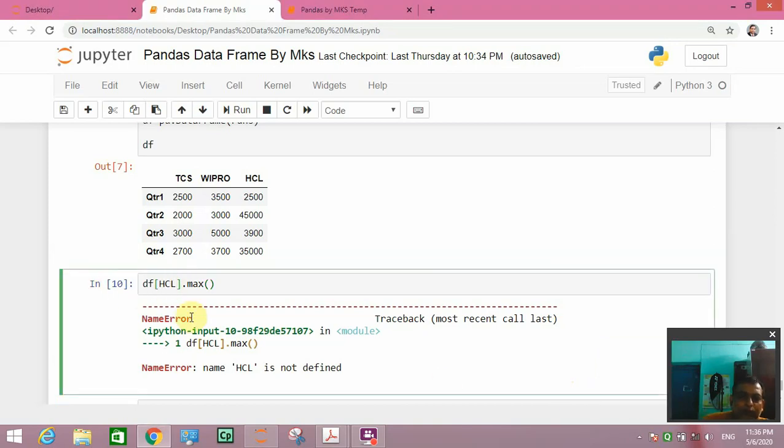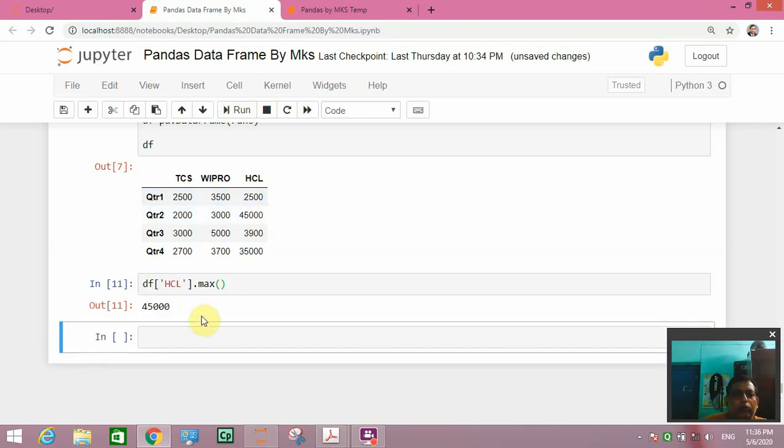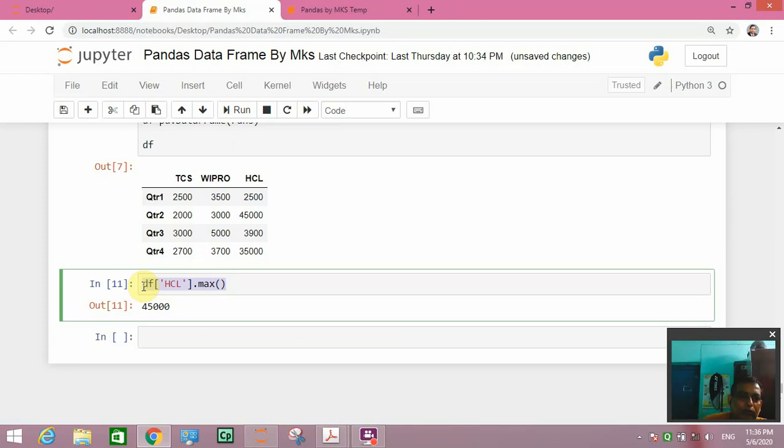Here we are making a mistake. We should give single quote. So now we have seen it is giving the maximum value of HCL.